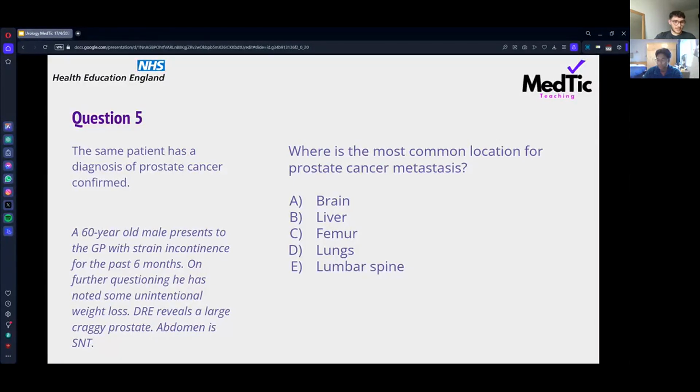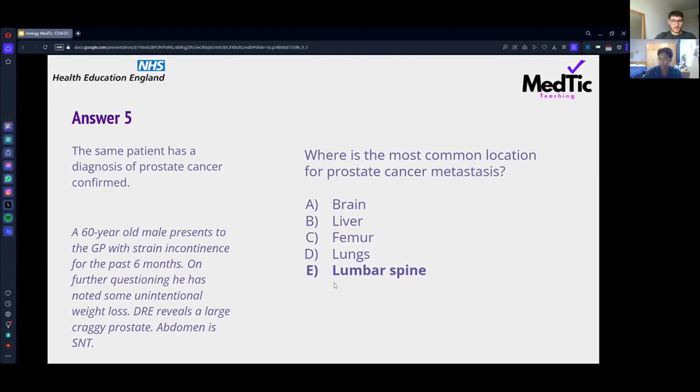If you want to go on to the answer slide. Okay, so lumbar spine is the most common location for prostate cancer mets. So if we go on to the next slide,